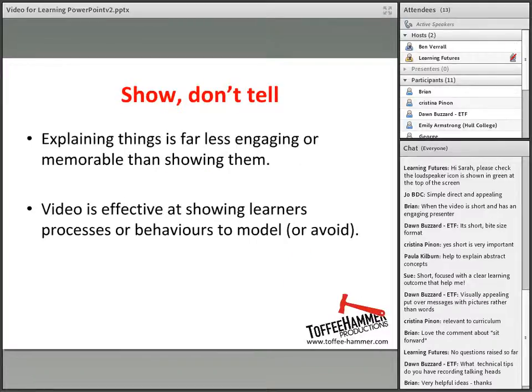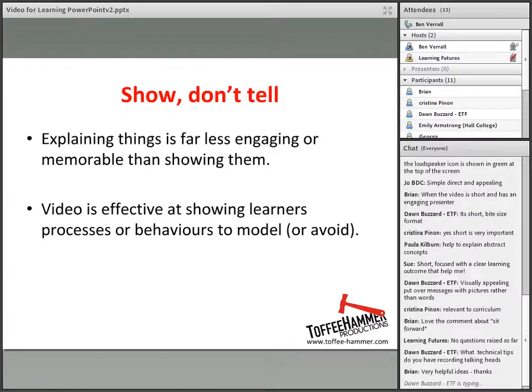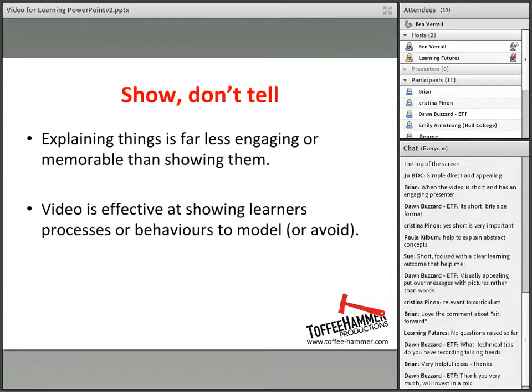So the first big one is show, don't tell. Video is a visual medium, and it works best when you're showing something rather than telling people something. So this applies when it comes to interviews. It goes back to what I was saying about the human touch. If you are showing someone to be an expert, that's different from having them tell you that they're an expert. So when you're thinking about when to use video, think, am I showing something or am I telling people something? And I think that's probably a big deciding factor on whether to use video at all.